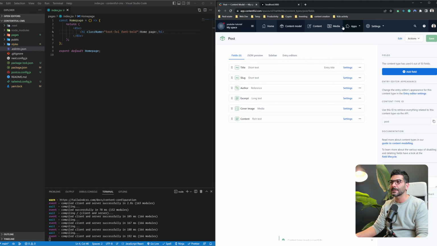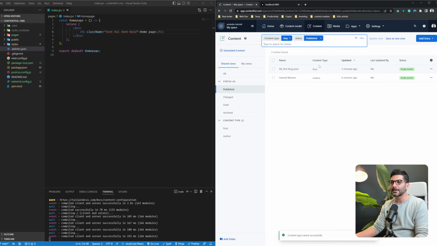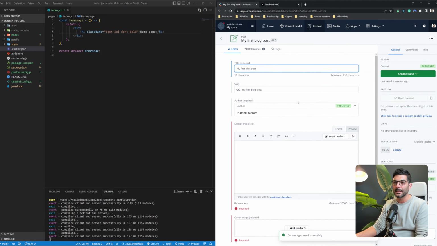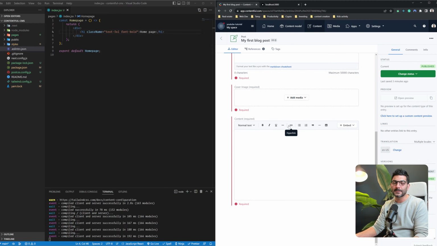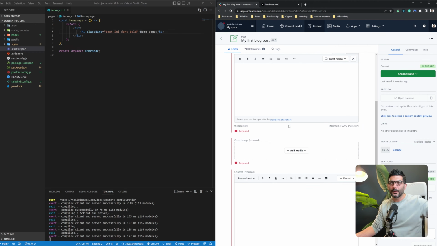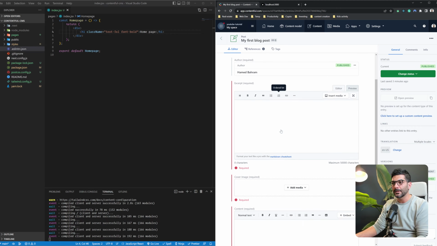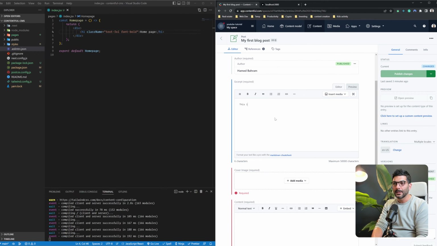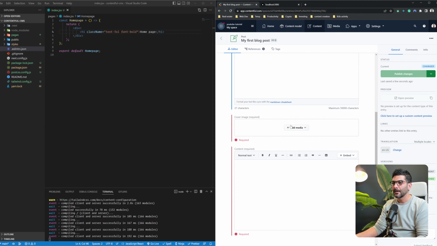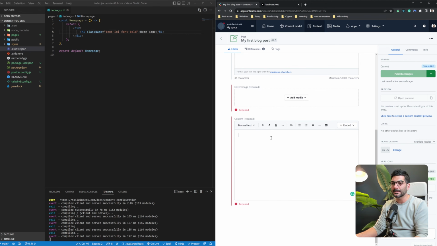So if I save this and go back to my content tab, go back to that first blog post that I created, I could see all of those fields that we added to our data model show up in my editor over here. So except this is the summary of my first blog post. I can select the cover image, and I can write content, and this is where we can have rich text. For example, this is a regular